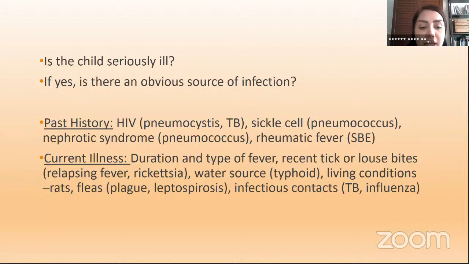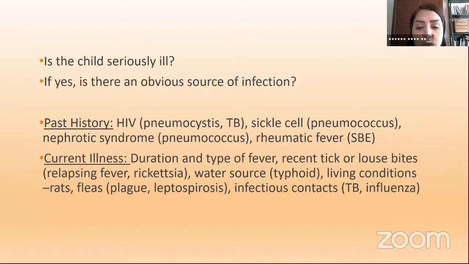And also we ask about the current illness, like duration and type of fever. For example, in some diseases, you have fever every 2 or 3 days, or for example, it peaks at some special hours in a day. So you should ask about it, and also